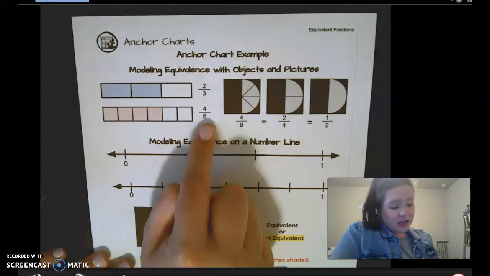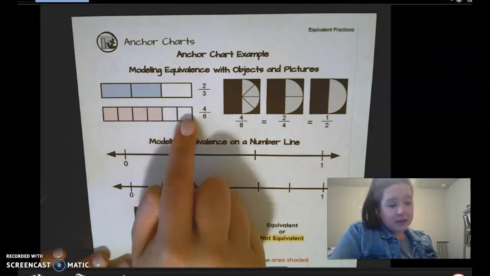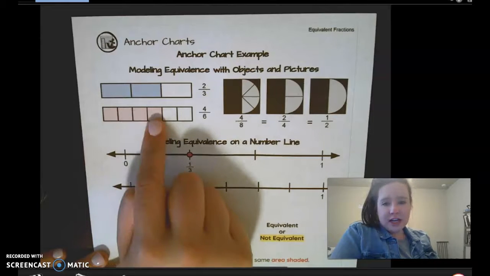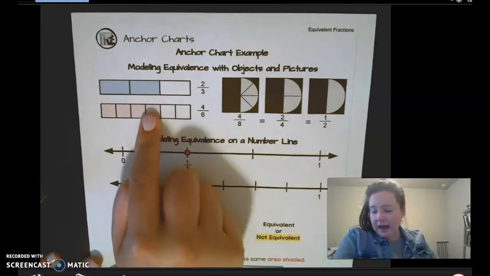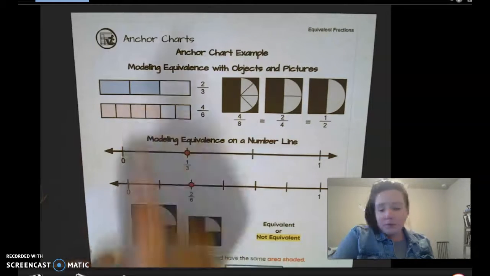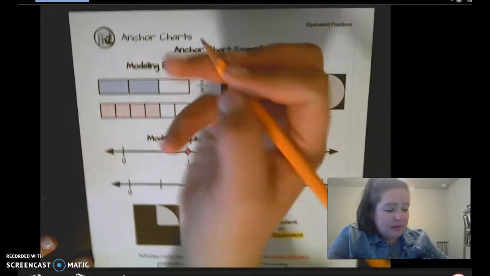Here we have the fraction 4/6. 1, 2, 3, 4, 5, 6. 6 parts. That's your denominator. And 4 of them are shaded. I know that might be a little light on y'all's end, but there are 4 of the pieces being shaded. Now, if I took my pencil or a marker or something and